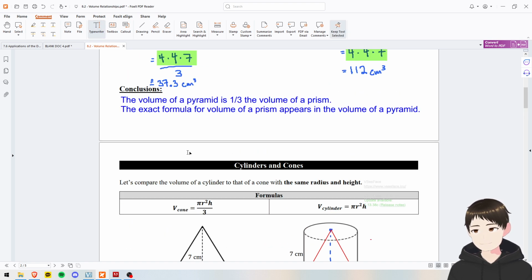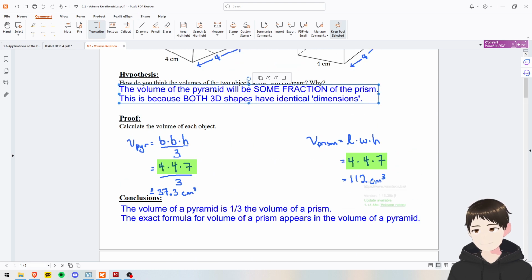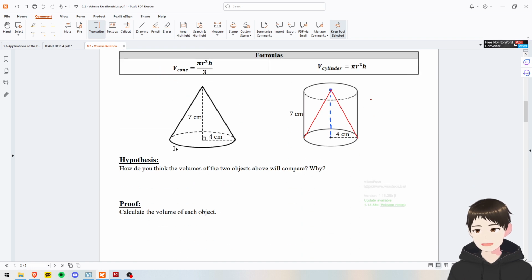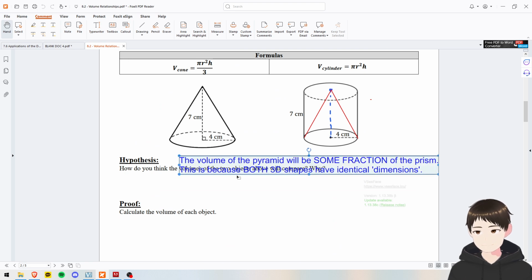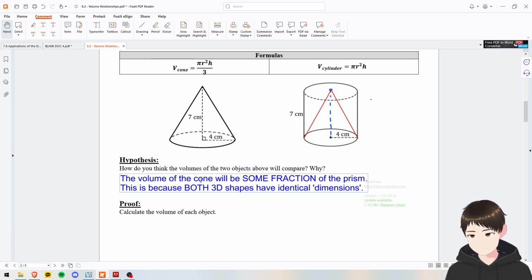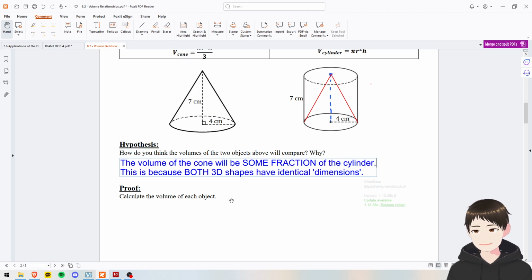I'm literally not going to rewrite it. I'm going to copy it. Hypothesis. How do you think the volumes of the two objects above will compare? Well, literally, the volume of the cone will be some fraction of the cylinder because they have the same dimensions. Calculate the volume of each object. Once again, okay, the volume